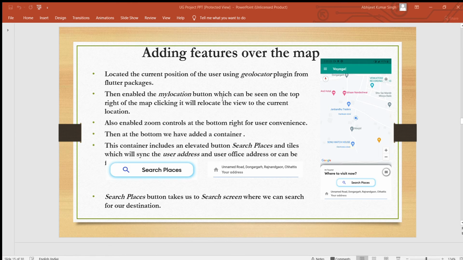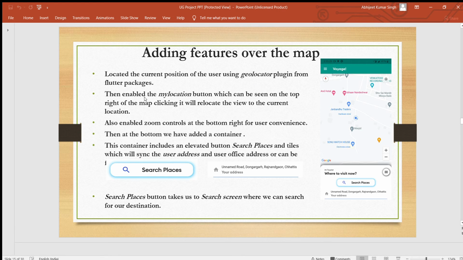Now it has various features such as we can know the last known location, we can get the current location of the device, we can get continuous location updates, we can check if location services are enabled on the device, we can also calculate the distance between two geo coordinates in meters, and we can also calculate the bearing between two geo coordinates. So these are some of the features that we will get after using the geolocator plugin.